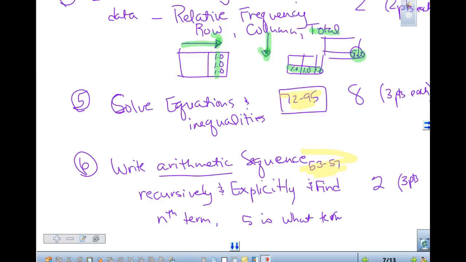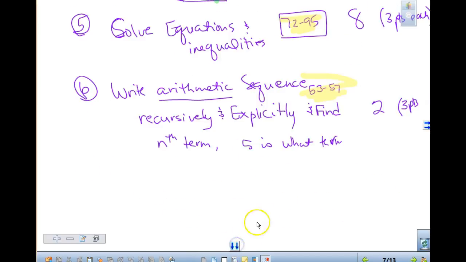The 2 questions, I think they're like a 2-part question. Like I might give you a sequence and say write the recursive, and now tell me the 6th or 7th or 8th or 10th term. Then I'll give you an explicit, and I'll say, okay, now find whatever term, or give you an explicit, rewrite it as recursive, and then tell me a certain term. Okay? When we were looking at this in the other class,